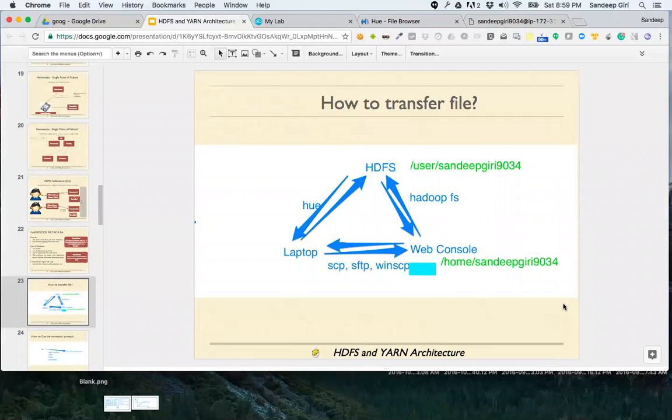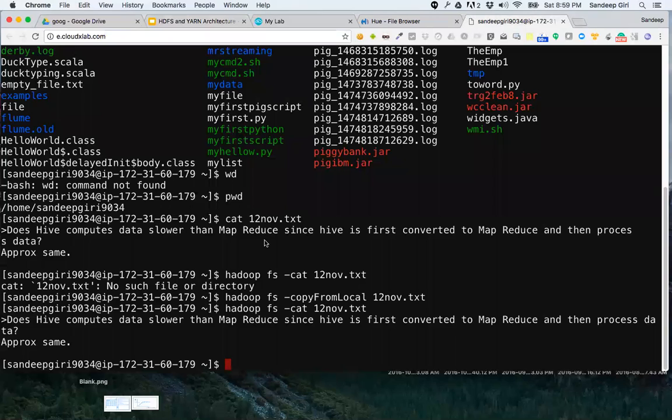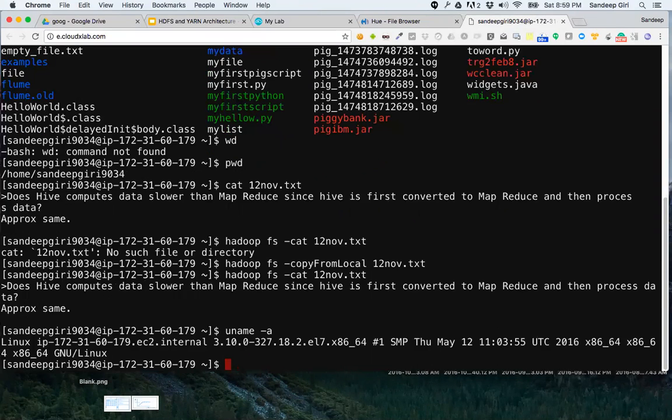Yes. It's a normal Linux environment. This console, if you take a look at it, it's nothing but we can also SSH to this machine and start using it. It's a standard Unix environment. You can see that it's a Linux, basically a CentOS environment. Perfect. It's a Unix machine.